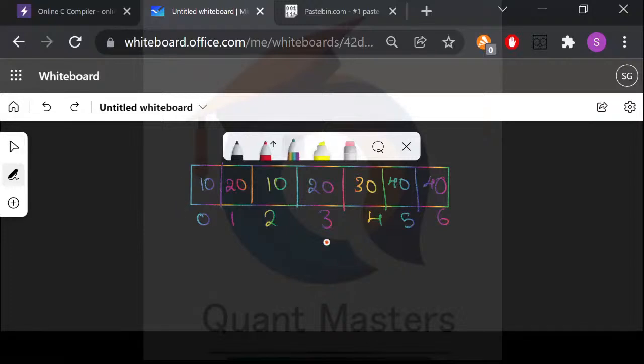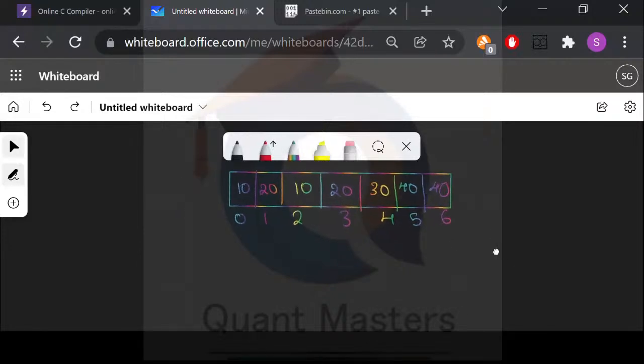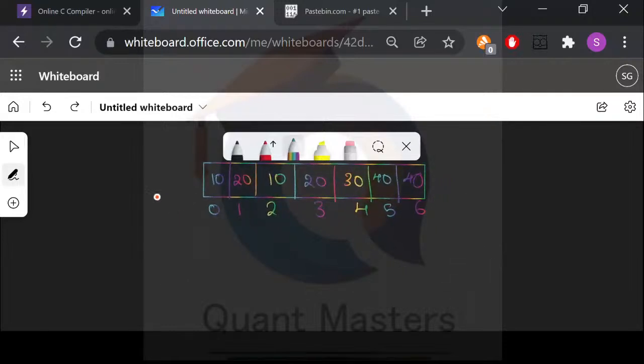First solution is to keep track of all the elements. That is, keep track of how many elements you have and keep their count. To keep their count, you need to create another array. That's also very complicated. So there's a very simple and easy logic here which can be done in big O